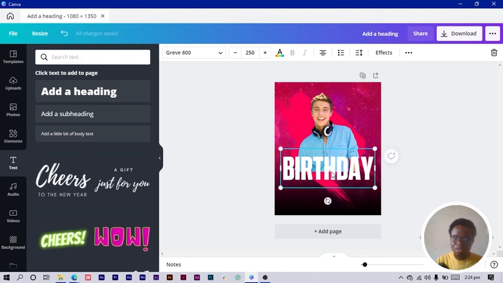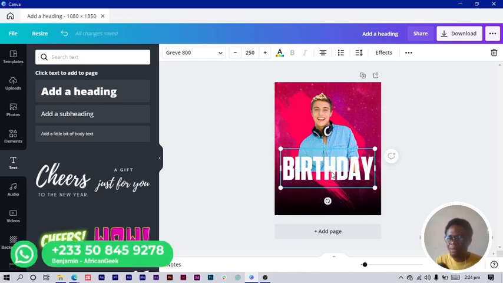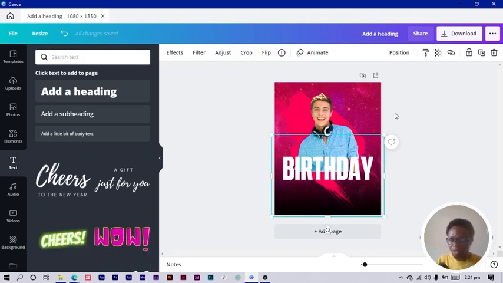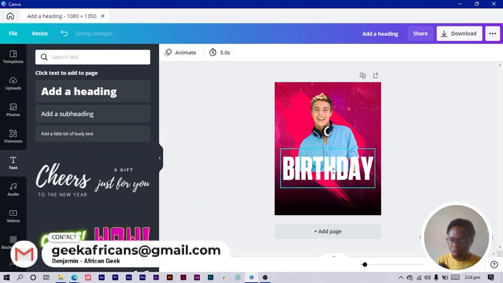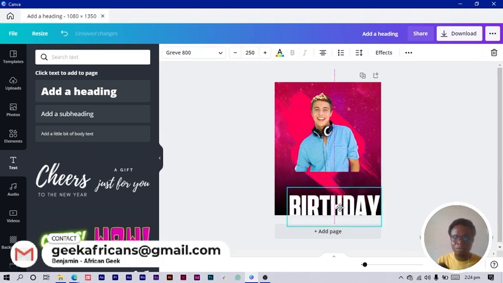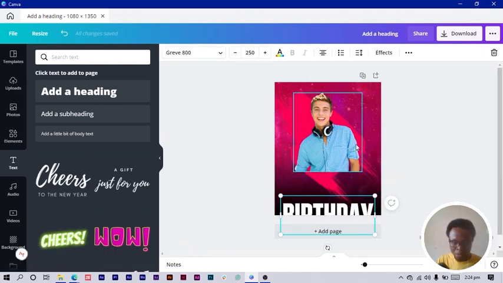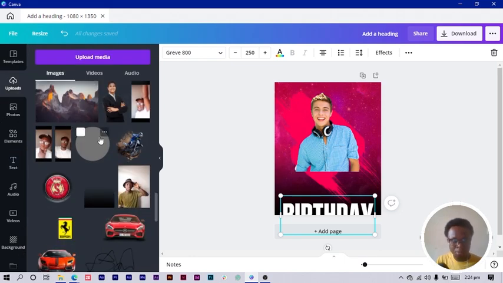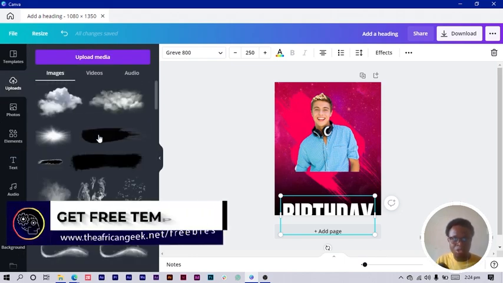So you can see we are trying to do something, but it's not looking very interesting here in Canva. So the first thing, before we even continue with the text, click on your shadow and lock it so that you do not move it around. Now drop your text to the bottom a little bit, go into your uploads, and we are going to make use of all of these